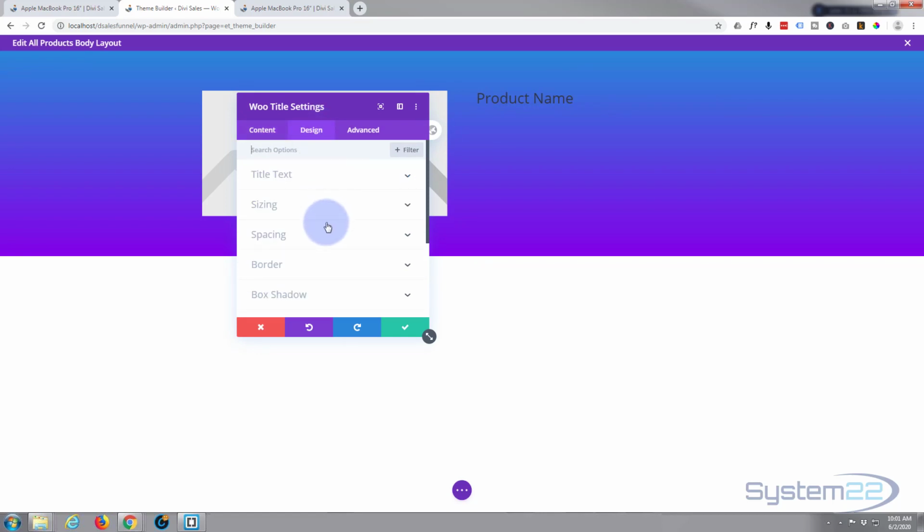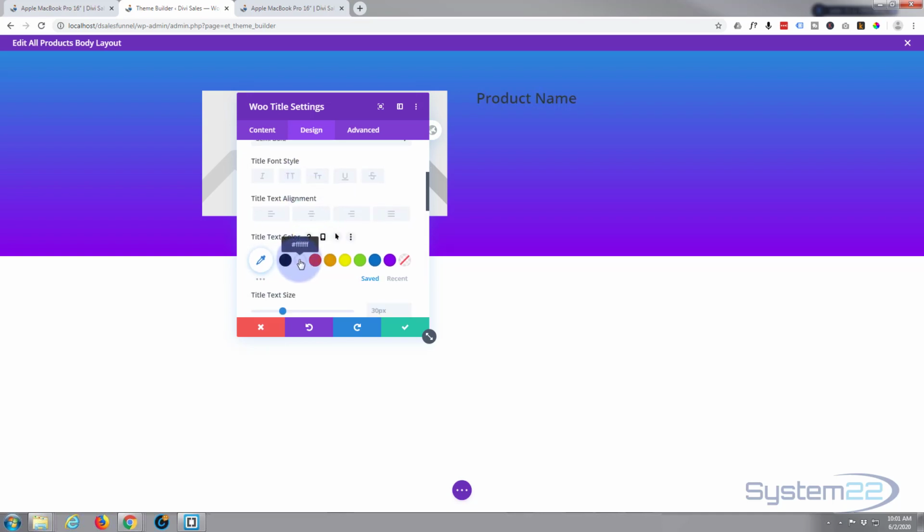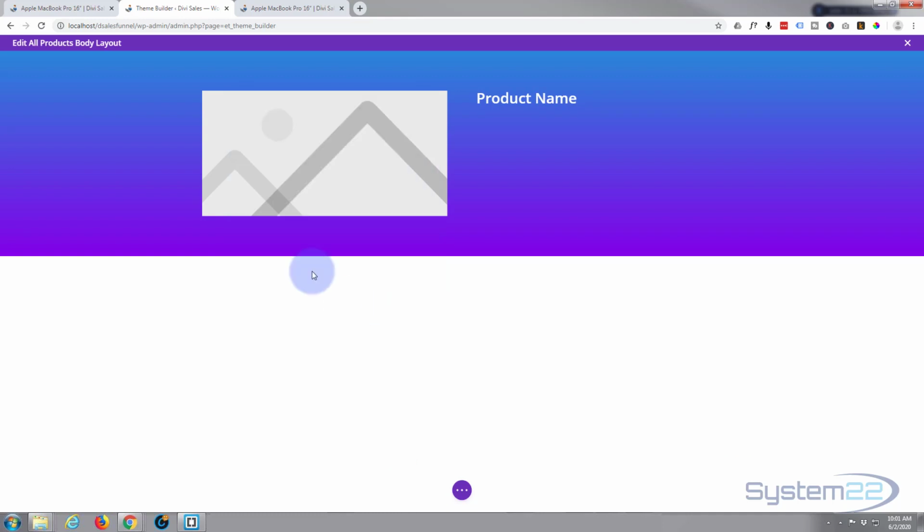So we'll go to the design, title text. I'm going to make it a little bit bolder, semi-bold, and I'm going to make it white. And it's fine where it is. Now underneath there we really want a description, so let's add a new module